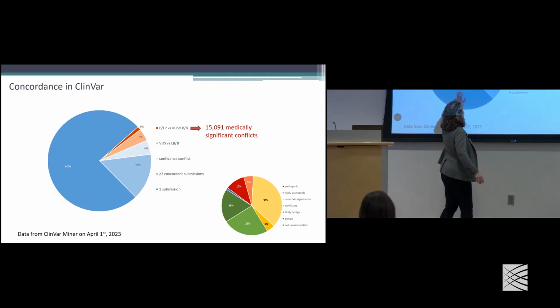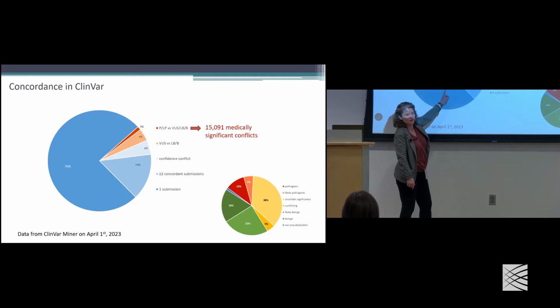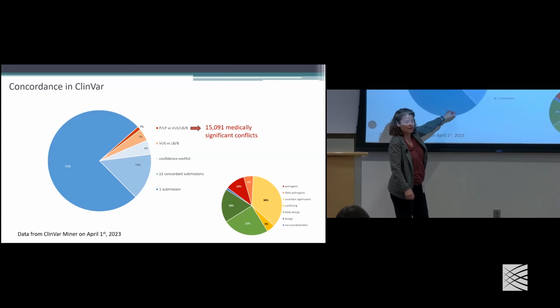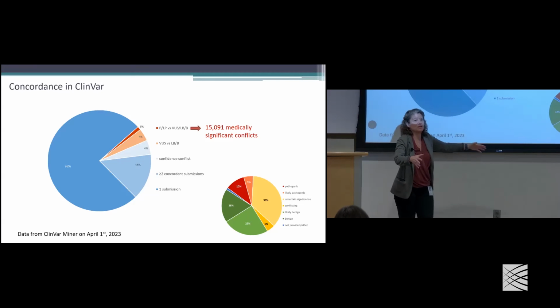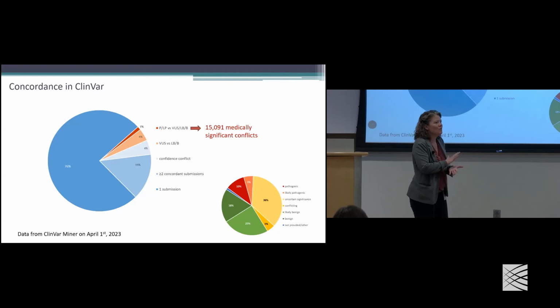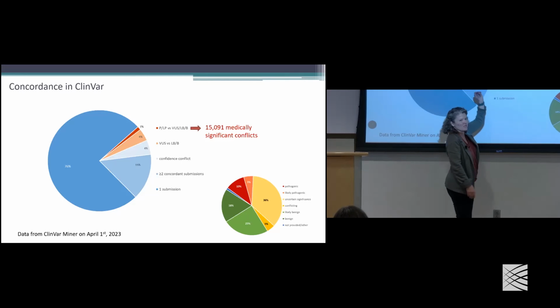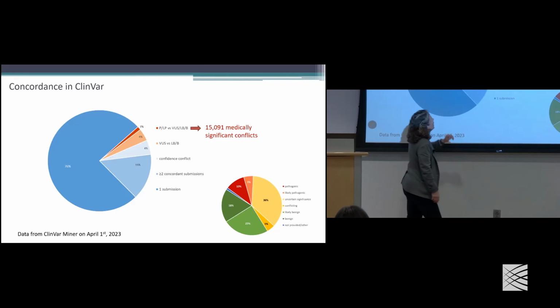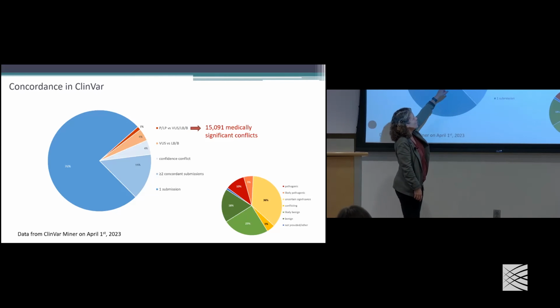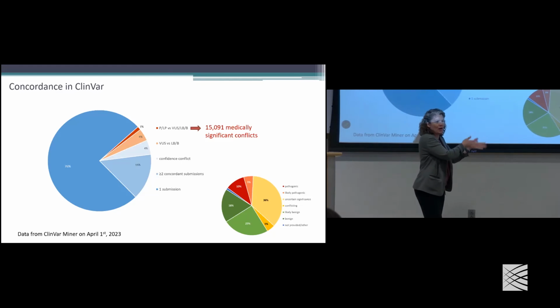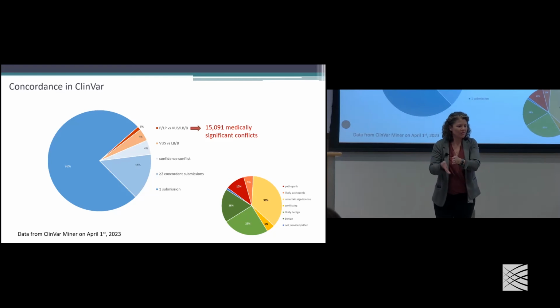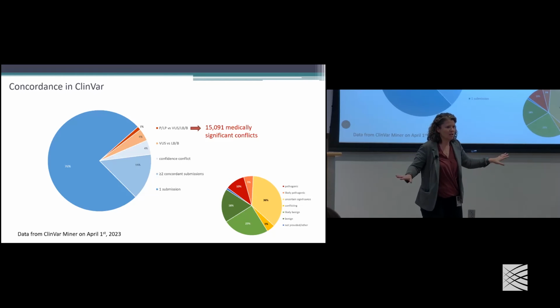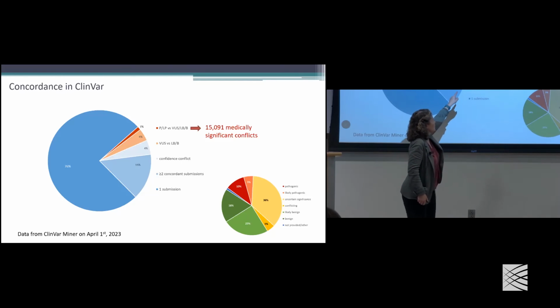Okay, but I do want to point out 76% of variants in ClinVar come from 1 lab. It just emphasizes the daunting thing that we have here, which is that most variation we interpret and report in patients, you get 1 shot at it, that's it. Luckily, in some cases, we see the variants over and over again, and we have more data. In ClinVar today, about 1% have what we call medically significant differences, where one group is calling it path or likely path, and another group is calling it either VUS, likely benign, or benign. And that changes patient care. And so we really focus on tackling those.